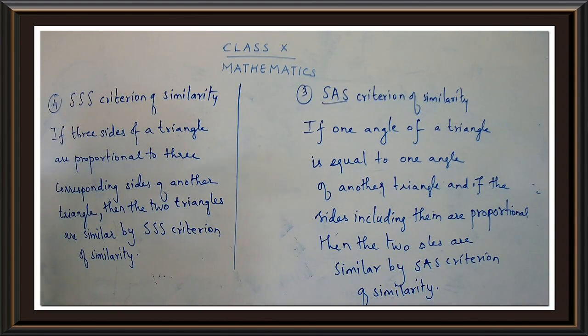And one more thing, again I mentioned, two sides and one angle is not enough. The angle should be included between the two sides. Then only you can prove the triangles to be similar by SAS. And if you are just considering two angles, you can say the triangles are similar by AA similarity. Okay, children, so with this we complete the points.